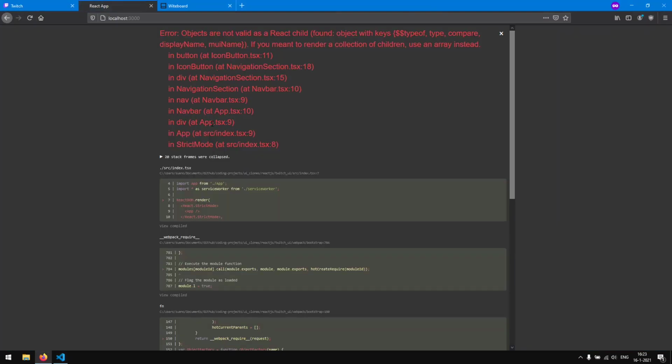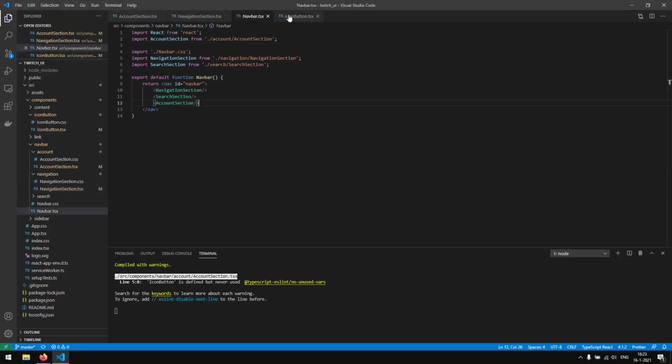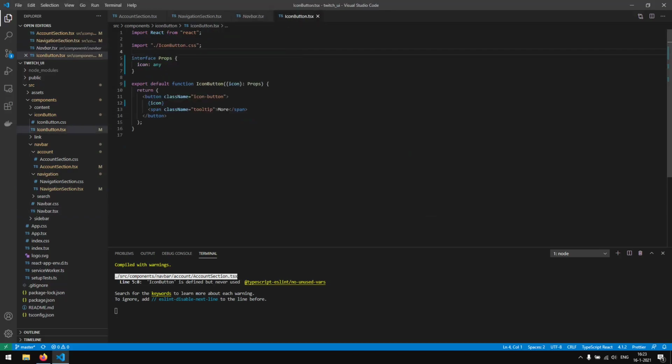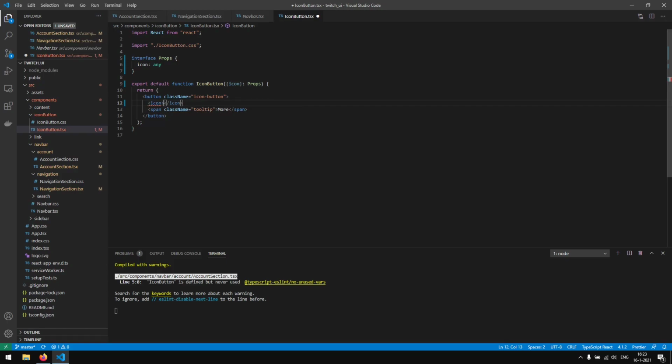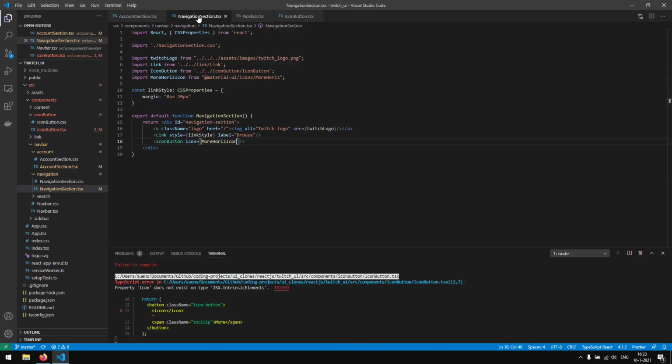Go. And no, objects are not valid as a React child. You meant to render a collection of children, use an array instead. Okay, so this is not how we render icons. So maybe we do it like so, Icon, like so. No. Okay, so we are going to try one more thing, and that is to actually copy this class over,